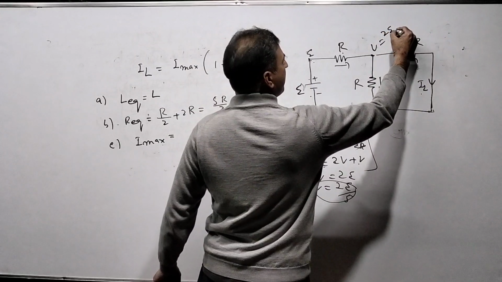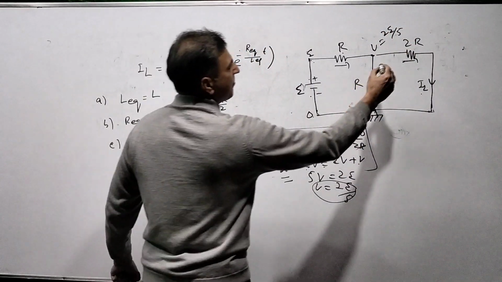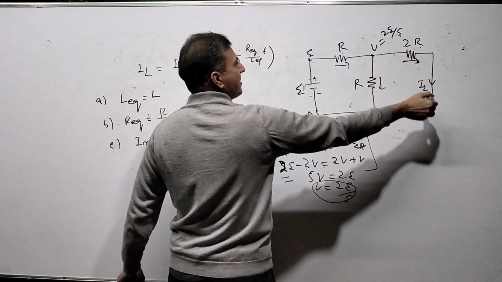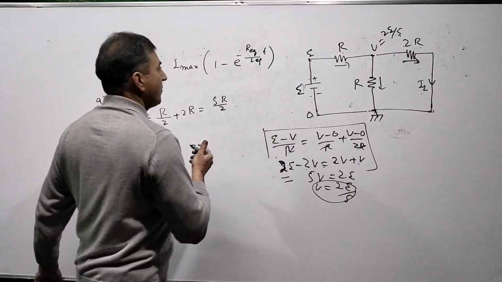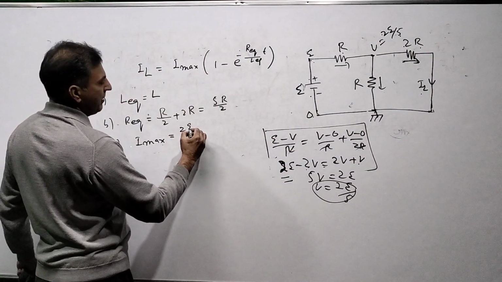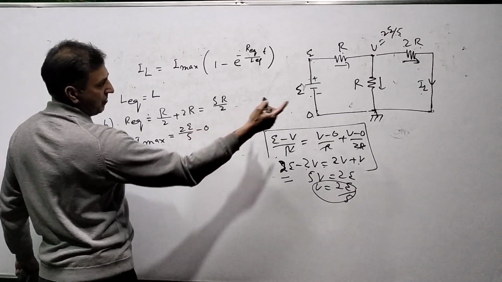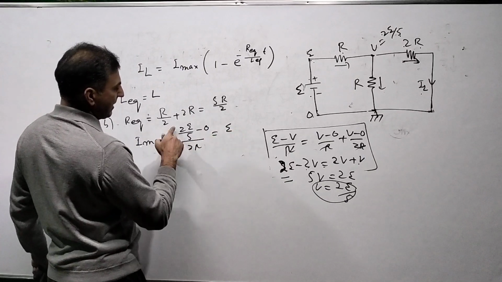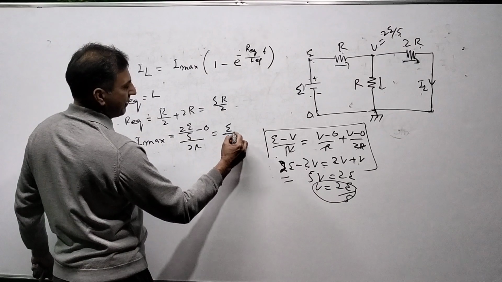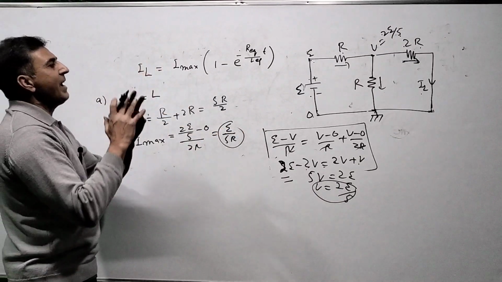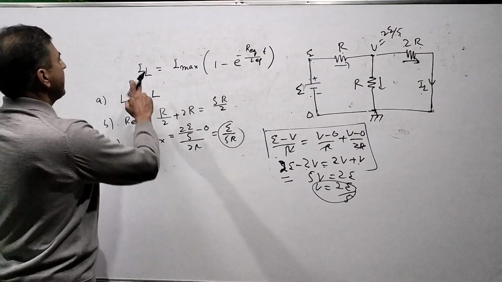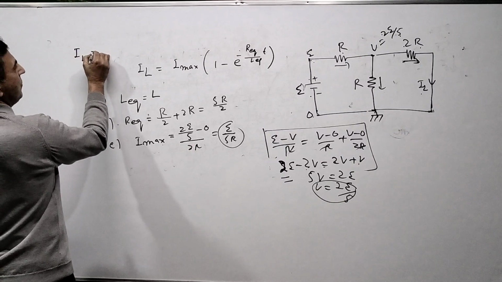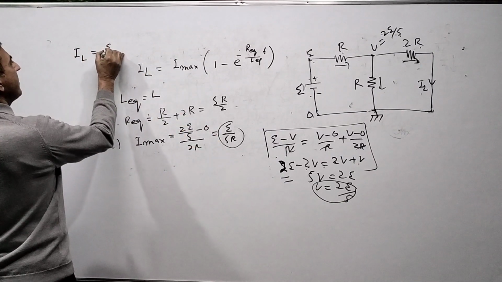अब आप मुझे बताइए what is current from here, 2E by 5 minus 0 by 2R, current in this branch, potential difference by resistance, so what is I max, that is 2E by 5 minus 0 potential here divided by 2R, that is E, 2 cancels, E by 5R, I max भी मुझे मिला। तो what should now I write for the general equation, okay, that is IL is equal to, what is I max, E by 5R